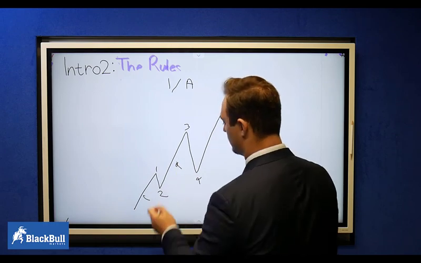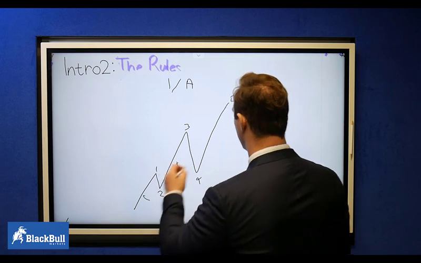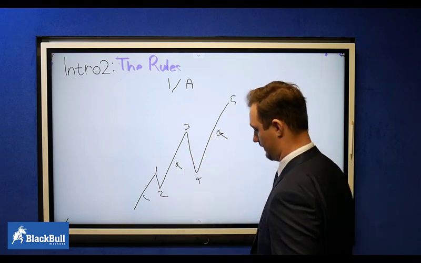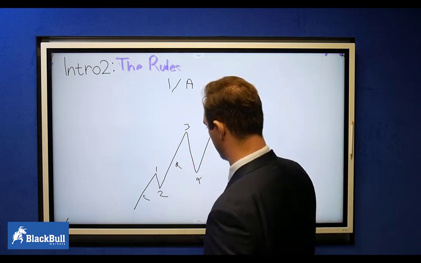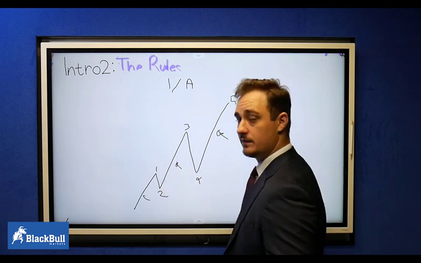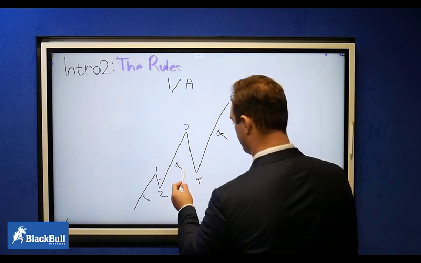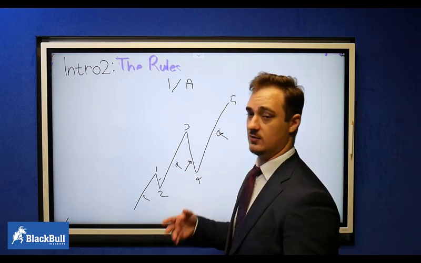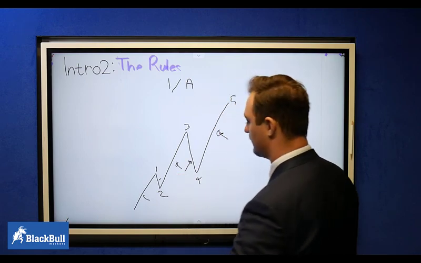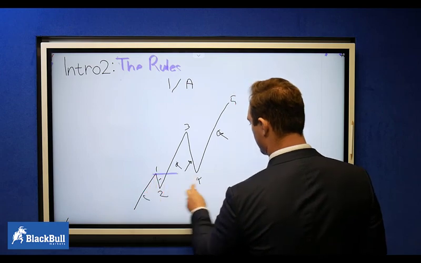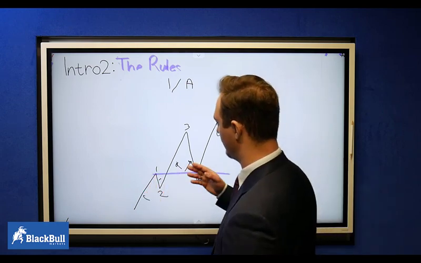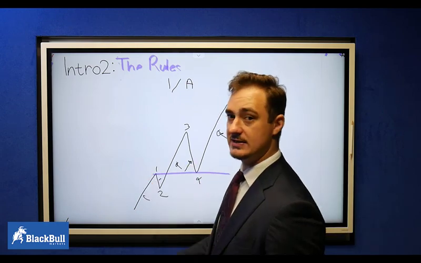So we know wave 3 has to be bigger than wave 1. And wave 5 has to be the longest wave out of all the moves to the upside, all right? The other thing we do know is wave 2 has to be the shortest corrective wave, and wave 4 has to be longer than wave 2. So pretty easy, pretty simple. We also get back down to wave 1's territory, where we dip into that, and that's pretty much an easy,